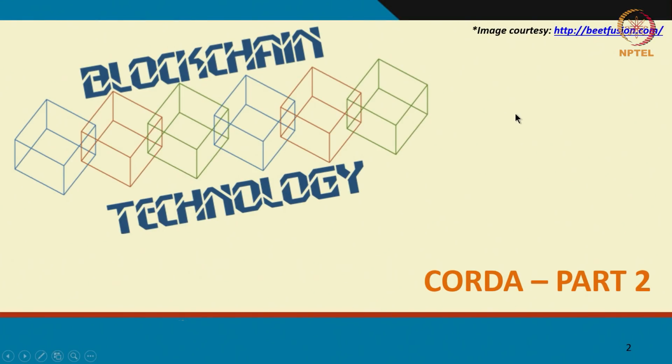So we had a brief overview of Corda. We looked at what Corda transactions look like, some of the state information, a high-level overview. Now we're going to talk about how transactions themselves work, how consensus is reached, the notion of notaries, and how oracles are used. So we'll talk about some of those concepts in this part.